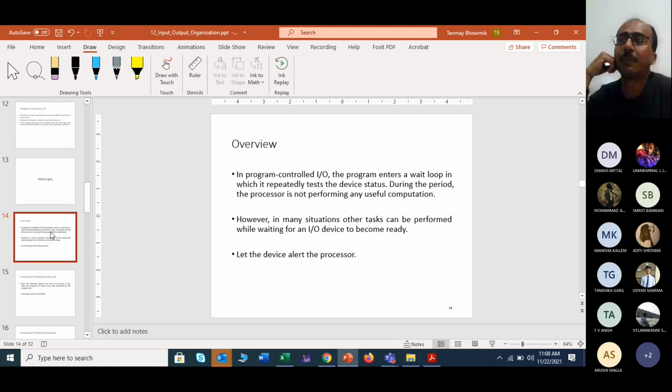Just think that you are entering a for loop. This for loop execution is going on, there is some mathematical condition, some checking, all these things, and this loop continues 100 times or 1000 times, whatever it may be. But at the same time, if your processor just becomes idle and works only on that task, then your system will lose its efficiency. So your device will alert the processor that yes, you can do this task, no problem, but parallelly you can do this task also.